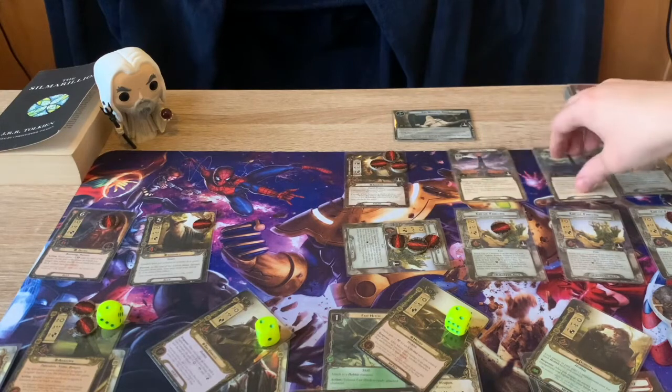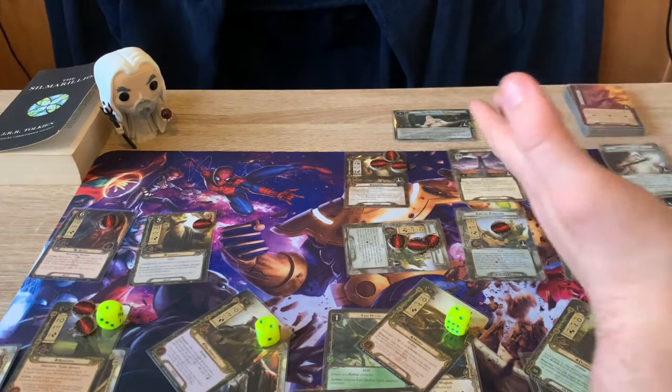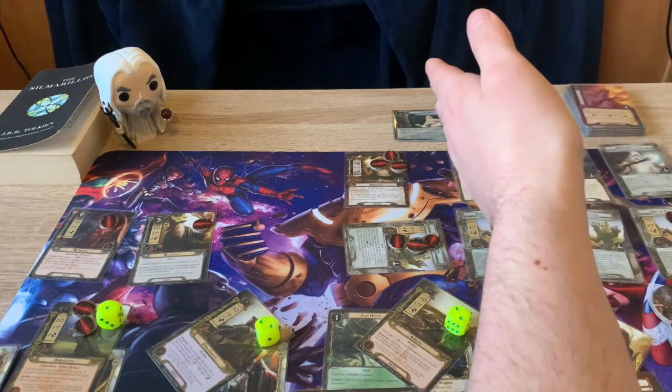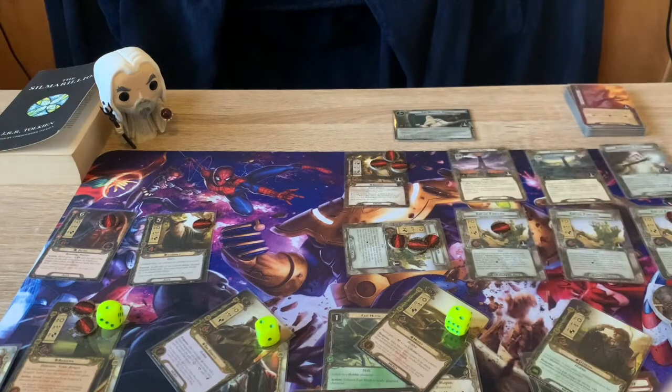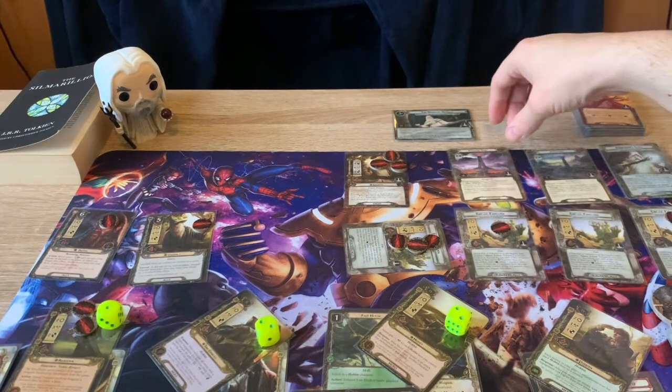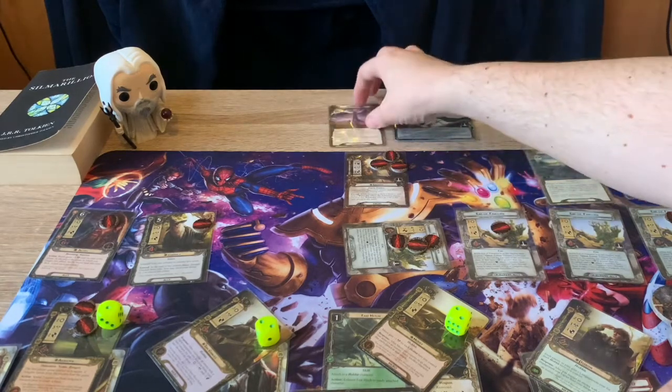So we need to travel to Orthanc to make Saruman engage with us, because if we don't travel there, he won't engage, he sits in his tower. We travel to Orthanc, so he comes out and engages us at the same time. And now we can proceed with the quest normally. So we're going to travel to